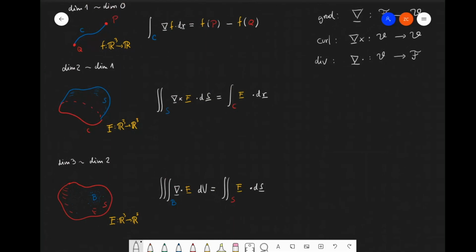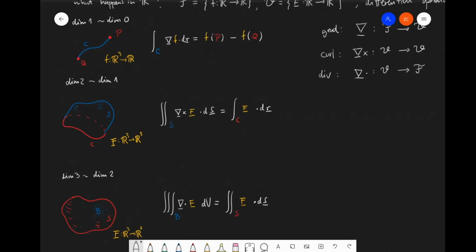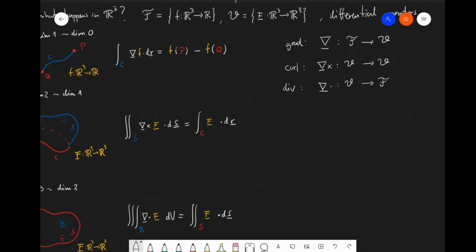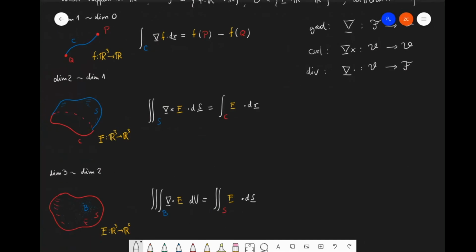So your question. This was the preamble to the question. Your question is why do we have in dimension 1 to 0 we have R3 to R, and then in dimension 2 to 1 and 3 to 2 we have R3 to R3. So the reason is because of the pattern of the differential operators, right? Look at the pattern. First level F to V, second level V to V, third level V to F. So the integration theorems are reversing the direction of